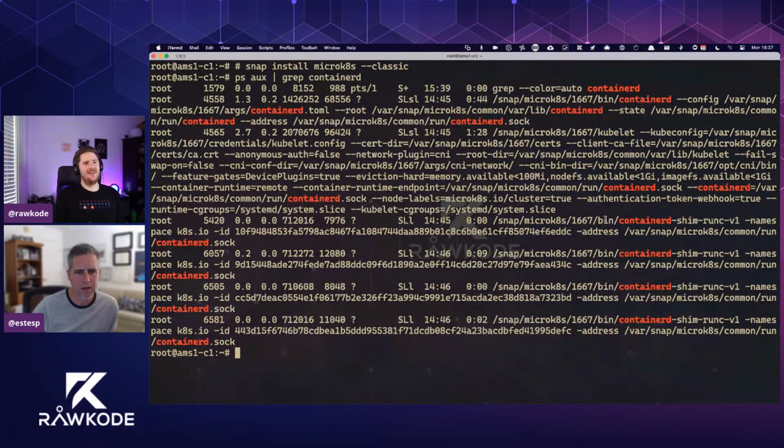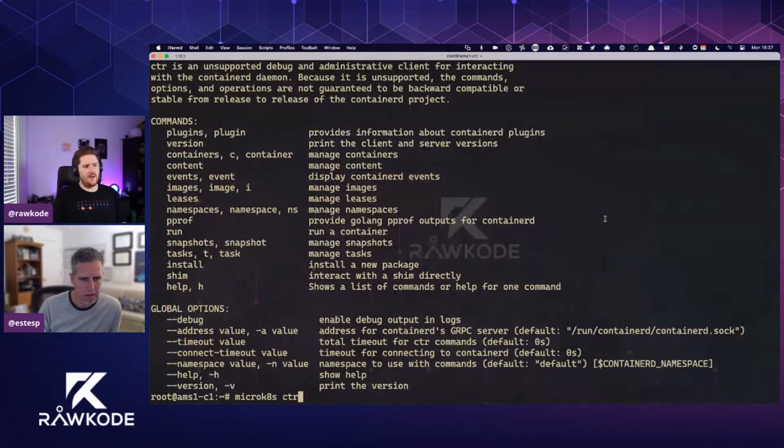So based on what I picked up then on the API surface of containerd is that I should, although we're not recommending it as a daily driver, be able to pull an image and run a container using CTR. Yeah, so let's see if CTR is in your path. I can't remember if you have to do micro-k8s.ctr or... Yeah, you do. But I do have access to CTR.